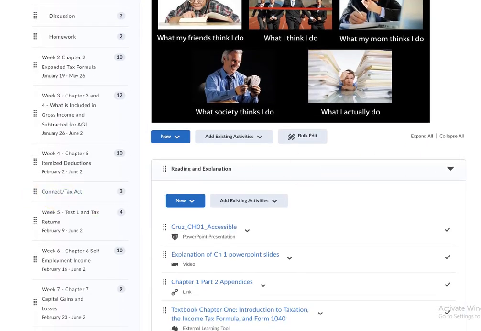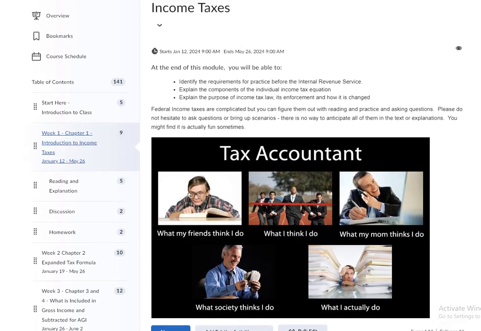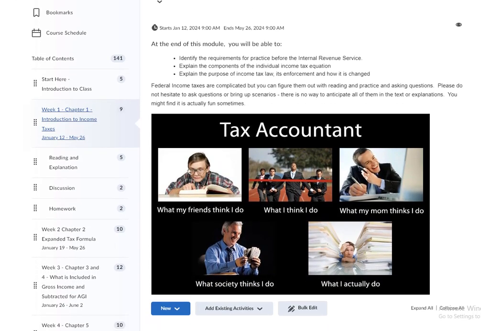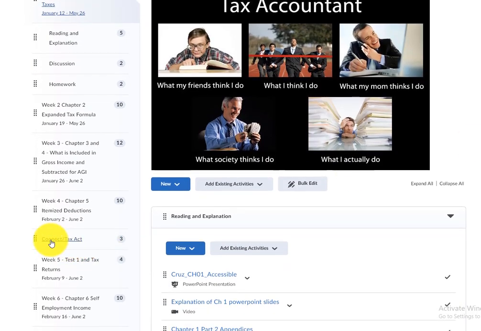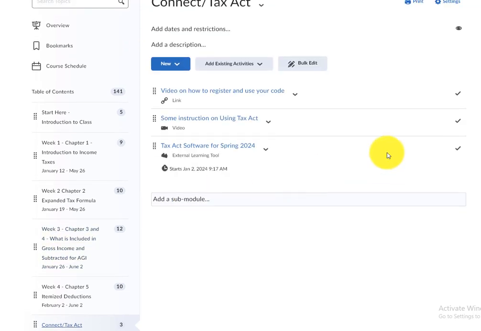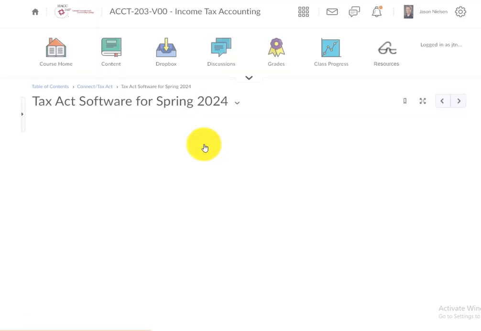Here's where to find the Tax Act software we're going to use. If I scroll down in the content, there's a module for Connect Tax Act. And there is the link, Tax Act software for this semester is here. You'll click on that and you will go to